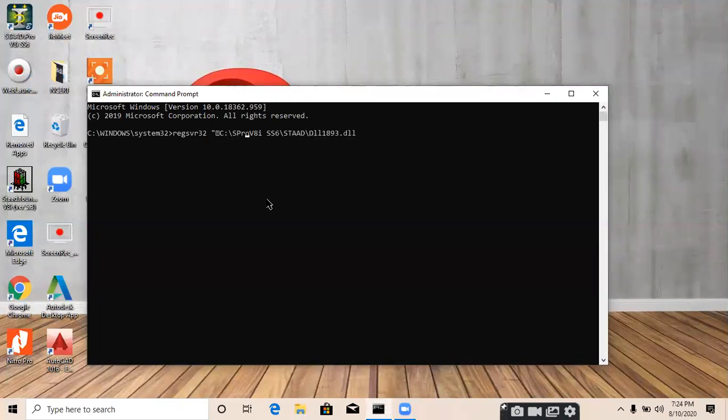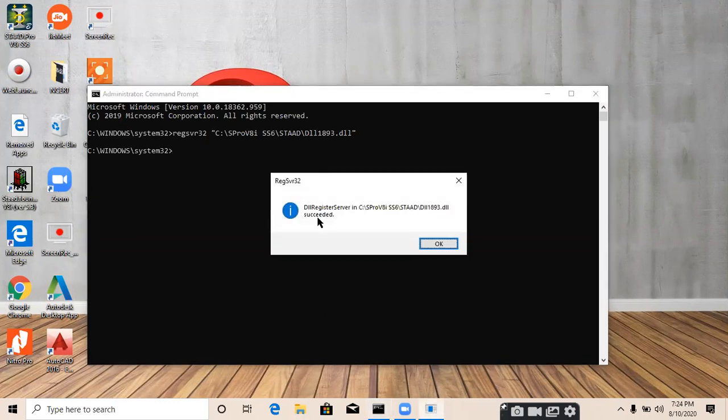Look at this. If this type of question mark is there, just remove it with the help of backspace. Close the double quote and press enter. It will show DllRegisterServer in succeeded. Now it is okay.